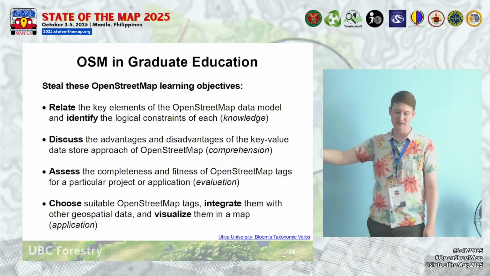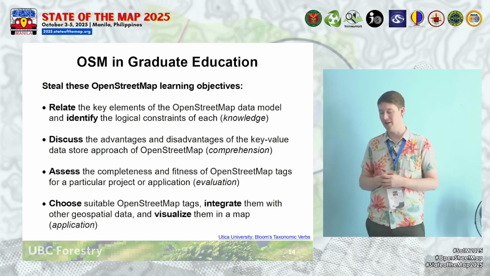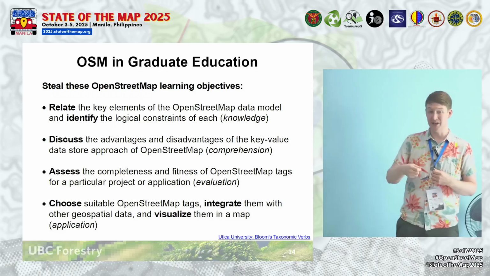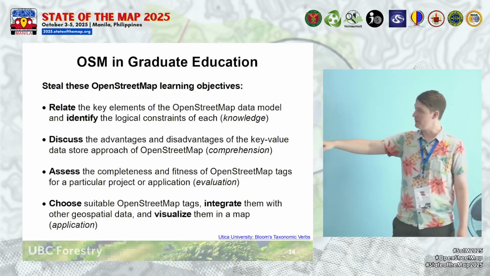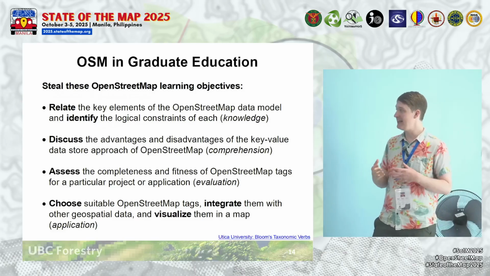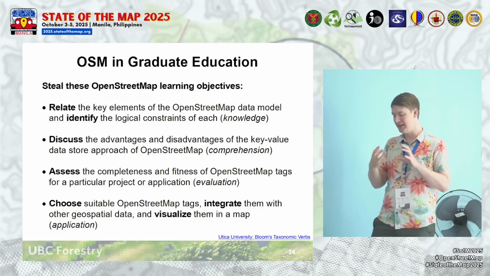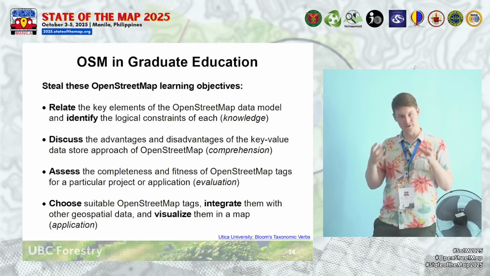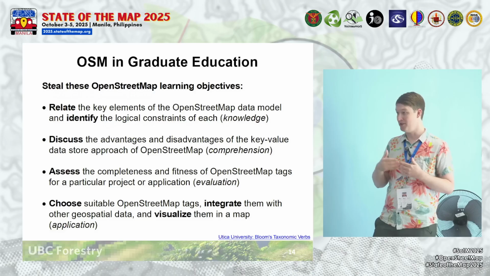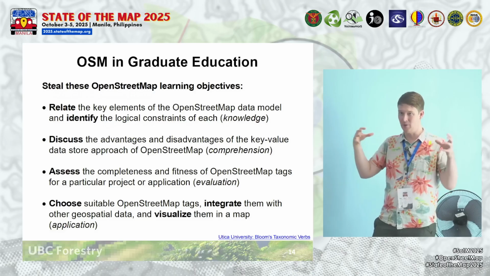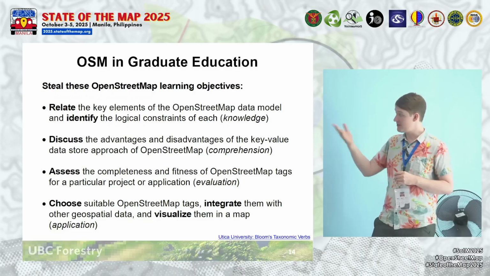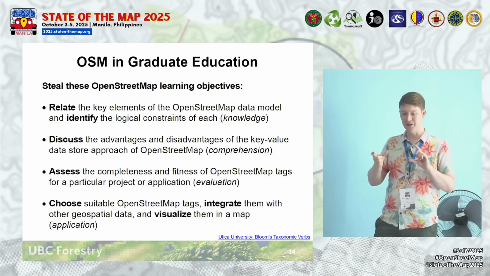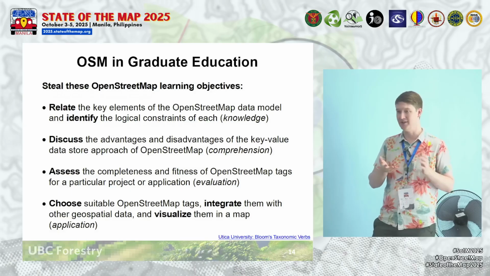Using Bloom's taxonomic verbs that are measurable, that you can actually describe and measure against in terms of assessment. So I've bolded those verbs here in these four points. On the top, relating the key elements of the OpenStreetMap data model together and identifying those logical constraints is important, especially at a graduate level, to understand how the data are structured, what the constraints and limitations are, and to discuss the advantages and disadvantages of that key value data store,